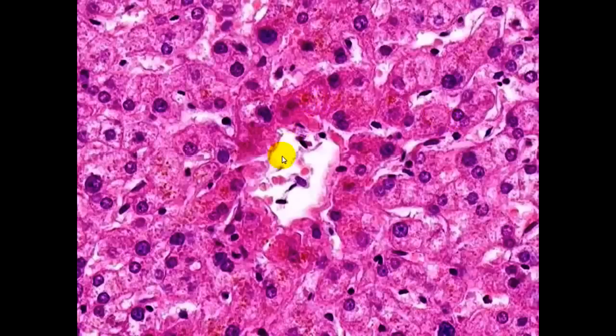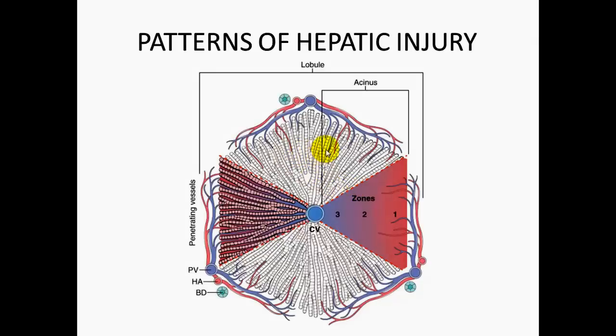This is the central vein, and you can see some RBCs flowing down into this central vein, and you have all these beautiful hepatocytes which are arranged in cords. So we have learned that in hepatic injuries, you have zone 1, zone 2, and zone 3. This is the functional unit of the liver, and zone 1 is most commonly affected during toxic injuries,